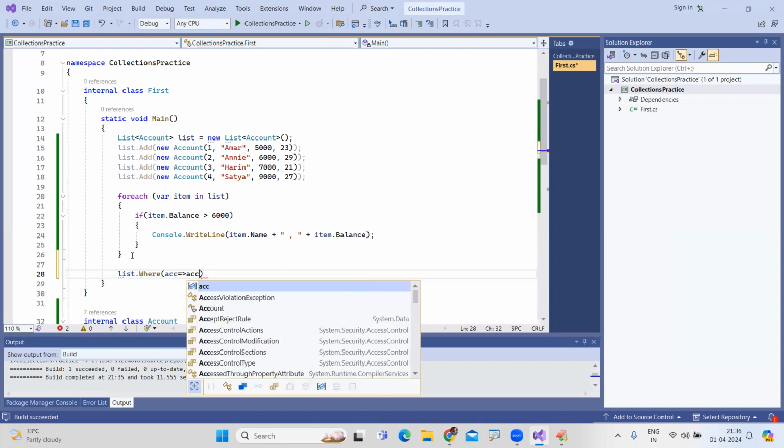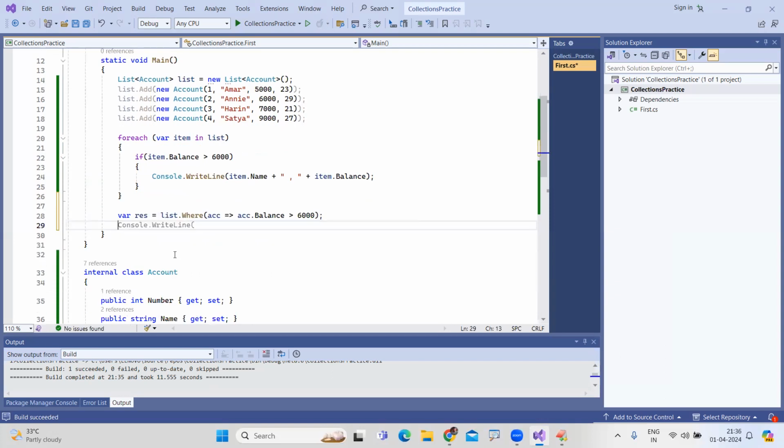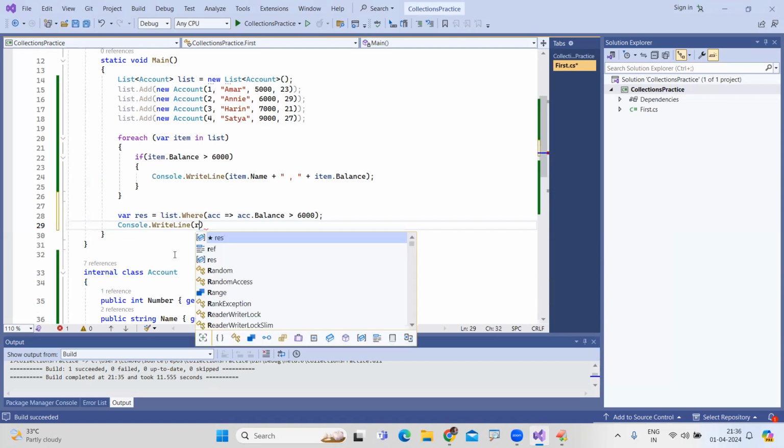Simply that account dot balance is greater than 6,000 rupees. This is the query. And that result will be collected into one variable, result. Then after that, just console dot write line. If you are printing this result,